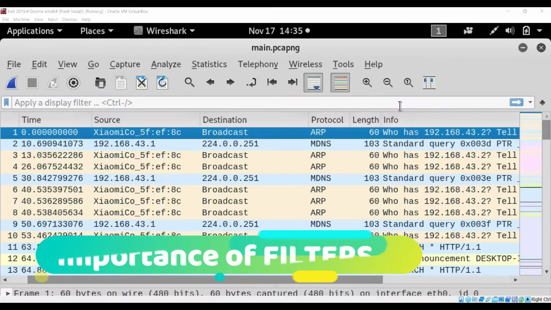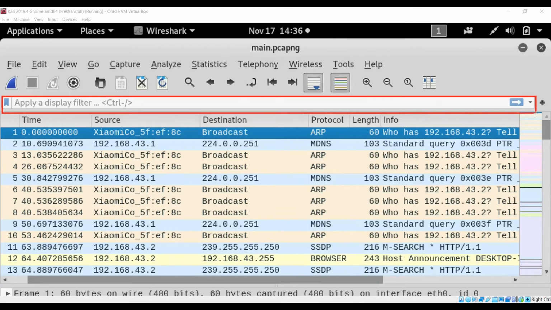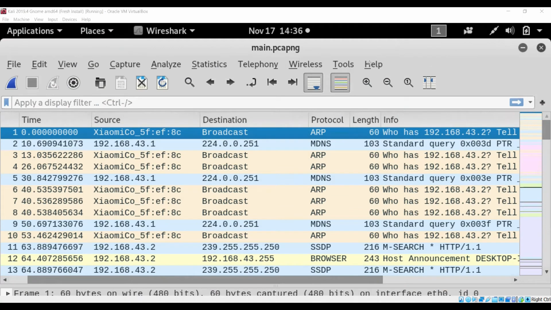Many times this happens, that a lot of unnecessary data and packets get collected by Wireshark. In a really busy network, hundreds and thousands of packets get collected, and that sometimes can be very overwhelming. So what we can do is use filters. We can type in any particular protocol or any IP address or string that we are looking for in here, which will make our job a lot easier. So now we'll analyze different packets based on the protocols they follow.